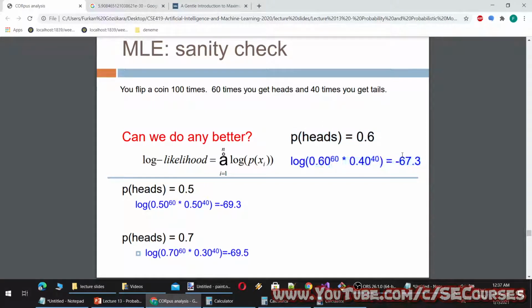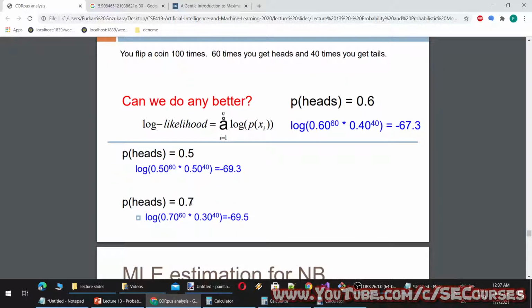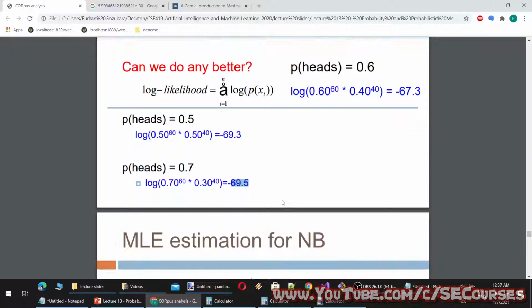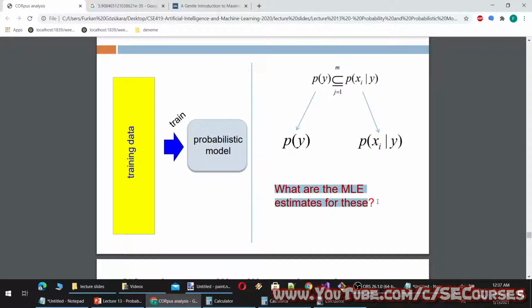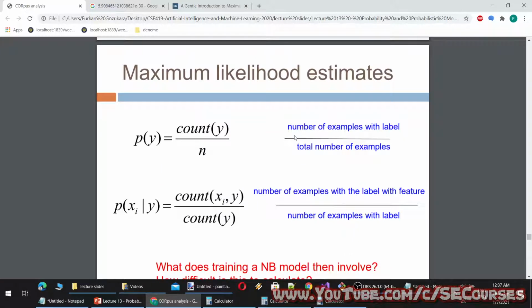So for p(heads) it is coming out to negative 67.3. Can we do any better? If the probability of heads were 0.7 instead of 0.5, we would get this probability. So our estimates are,